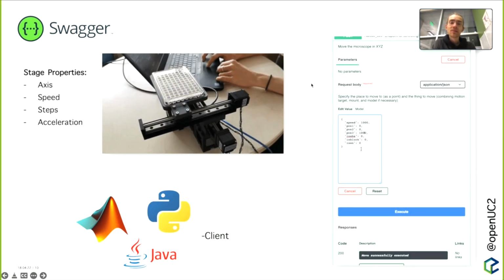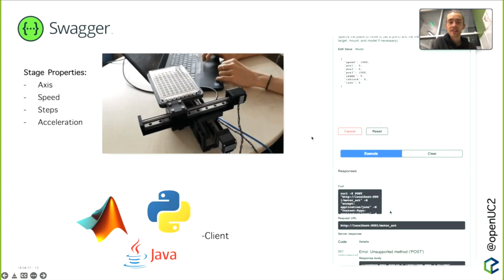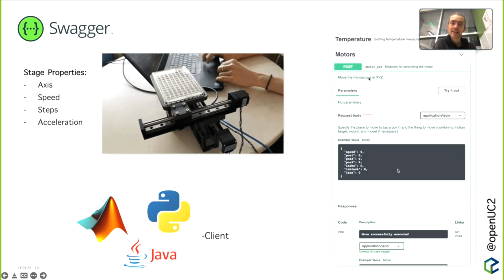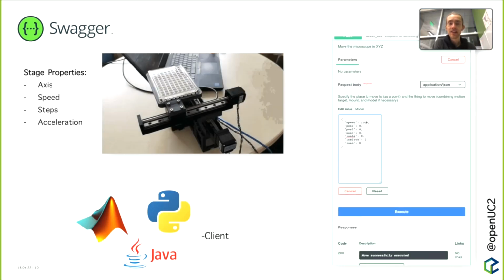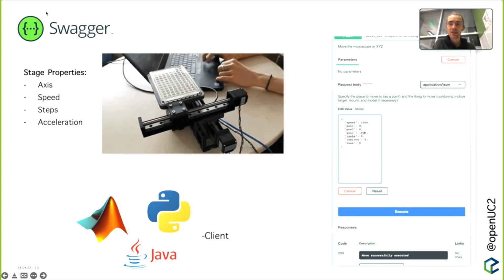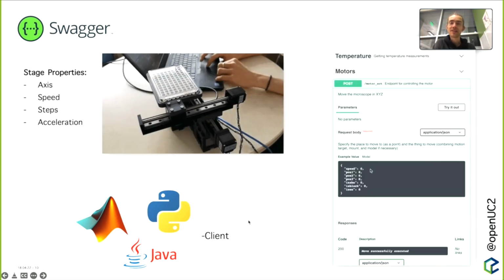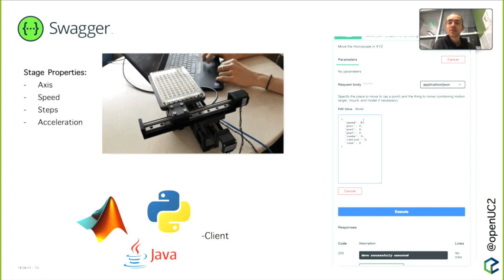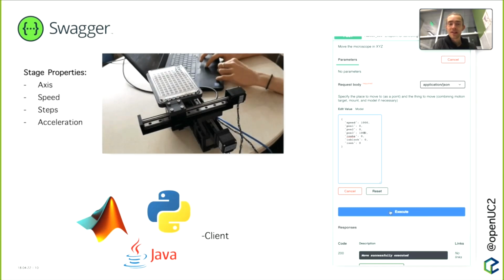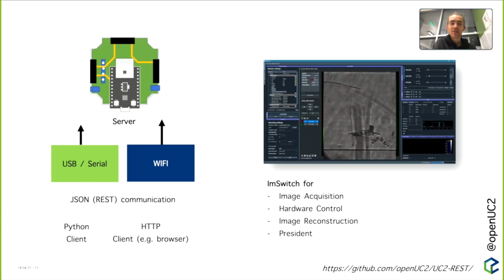We implemented it so that it can be done through different channels, either USB serial or HTTP, so that you can have, for example, multiple ESPs connected to your clients. The beauty of this Swagger is that you can automatically export different clients, be it MATLAB, Python, Java, JavaScript, whatever. With this, you can interact with almost any programming language, including ImSwitch. Everything here is open source. It's an early stage project, so we are definitely looking for feedback, so that people find bugs and also contribute to the whole open source idea. You can find it under our repository